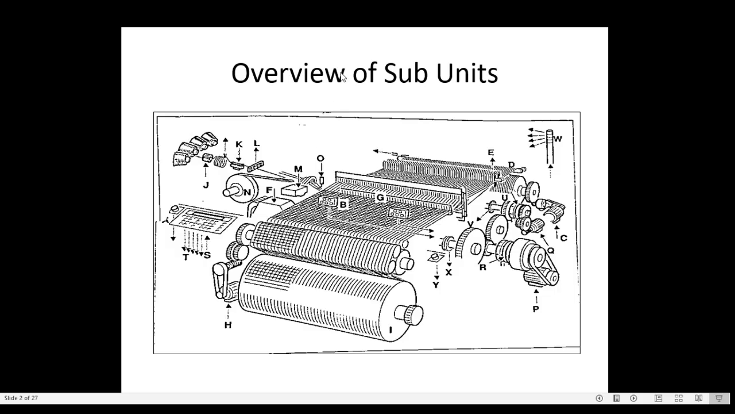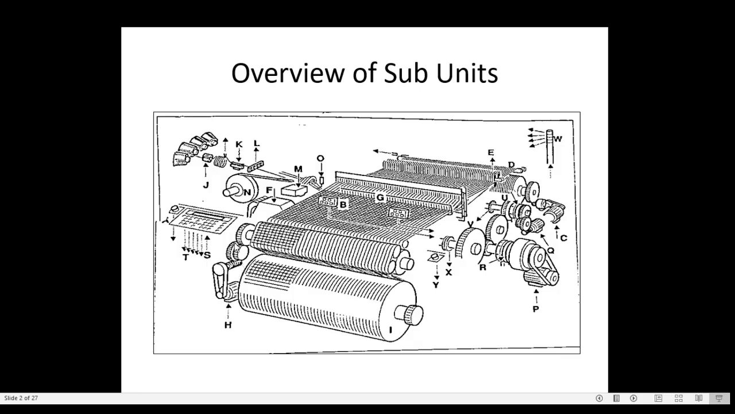So here we can see the complete loom is shown, how the drive is going and how the elements are there. So complete thing we can see here. So we'll start from the front side. This is the take up motor. So take up motor drive is going to this